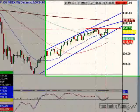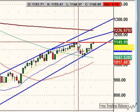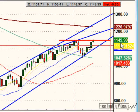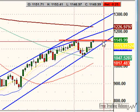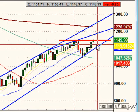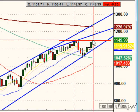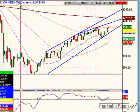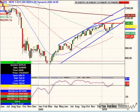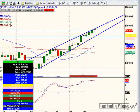We rallied back north, but look at this, right at major resistance. That major resistance area is going to give the markets a lot of trouble. The question is will we drop from here? If we do drop from here, that could be the makings of a double top trend reversal pattern. And if you have that on the big weekly, bad news for the markets. After all, we've been going up 12 months in a row, and let me show that to you right here